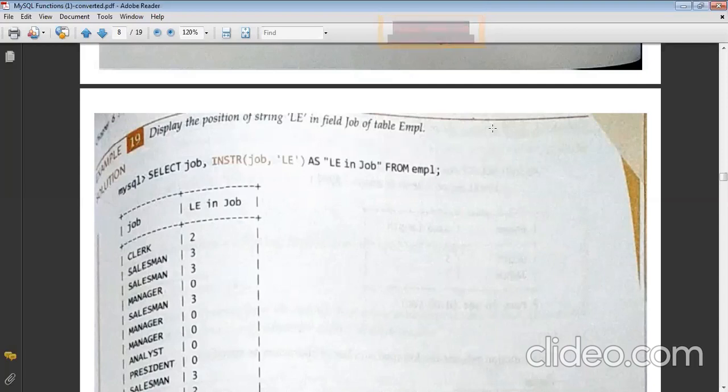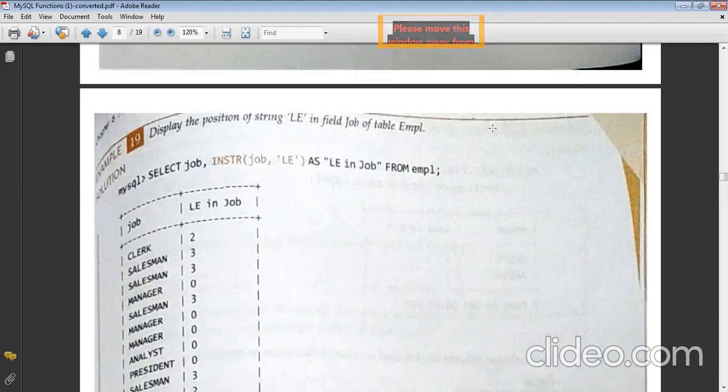Ma'am, there is no difference as such. No, I also know there is no difference. I just want you to explain to me; I am not understanding by reading it out. Ma'am, it just says that there is a column named job in the table named EMPL, so it is written like that.